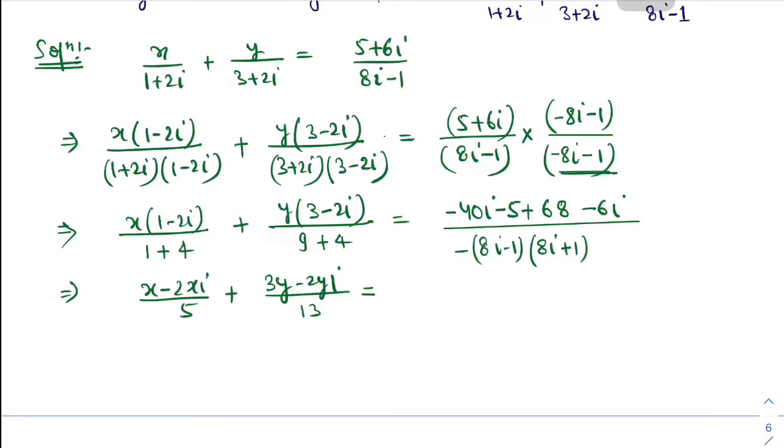Minus what, 68 minus 5, where did that come from? It will be 48, right? Okay, so 48 minus 5 is 43